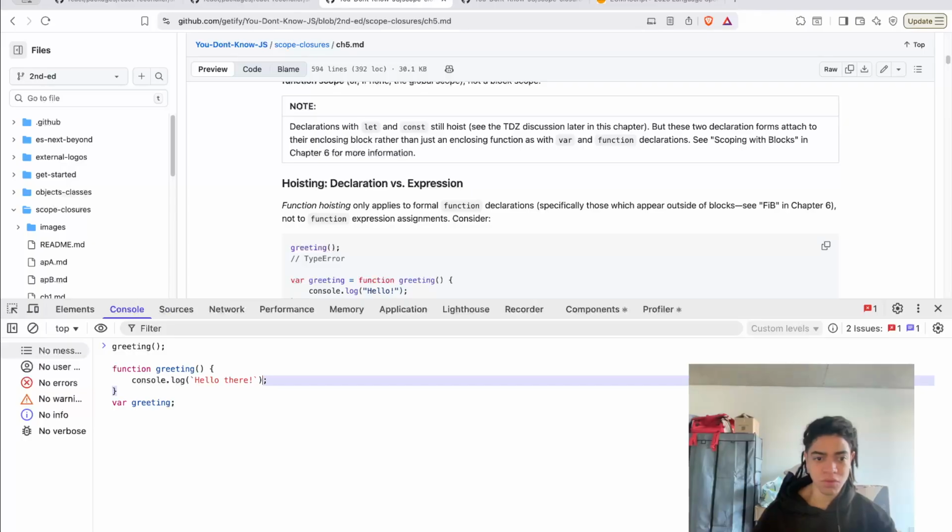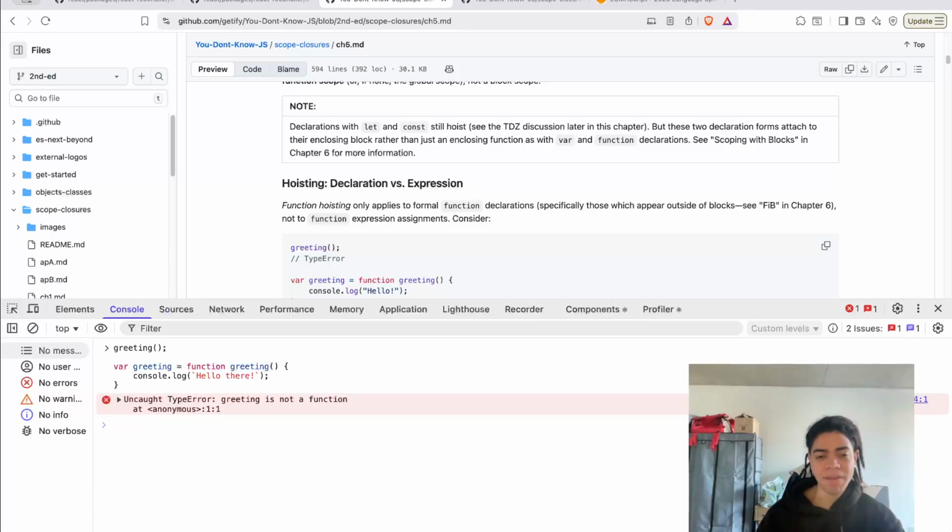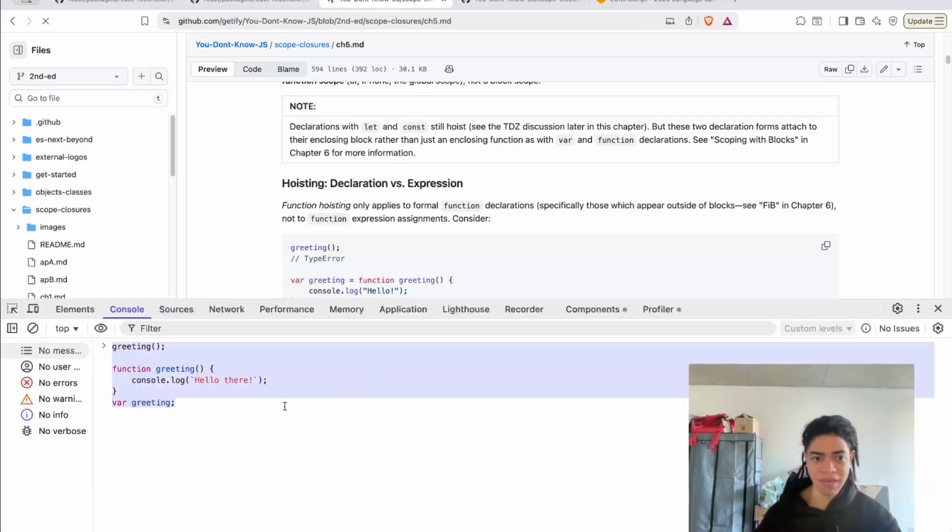However, if you, for example, do something like this, as a function expression, it will throw you an error, because only function and variable declarations are hoisted. Not only that, variable declarations and function declarations are hoisted separately, despite the fact that they might have the same name.